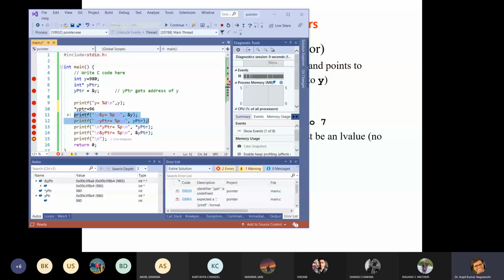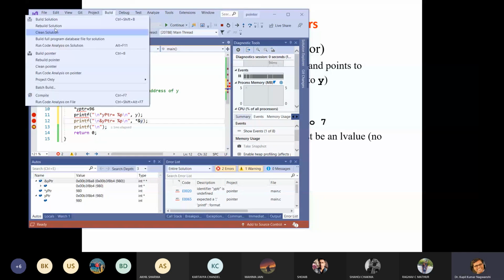Let us just try to see the addresses. This is our y and this is another y. And this is star and address of y, so it will cancel out and let us see what will come.